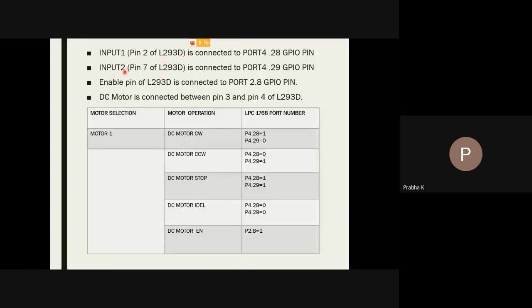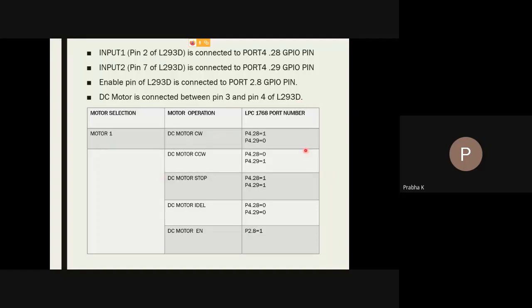Similarly, input 2, that is pin number 7 of L293D, is connected to port 4 pin 29, the 29th GPIO, general purpose IO pin. Now for the enable pin of L293D, here we are using pin number 1 and it is connected to port 2 pin 8. And the DC motor is connected between pin number 3 and pin number 6 of